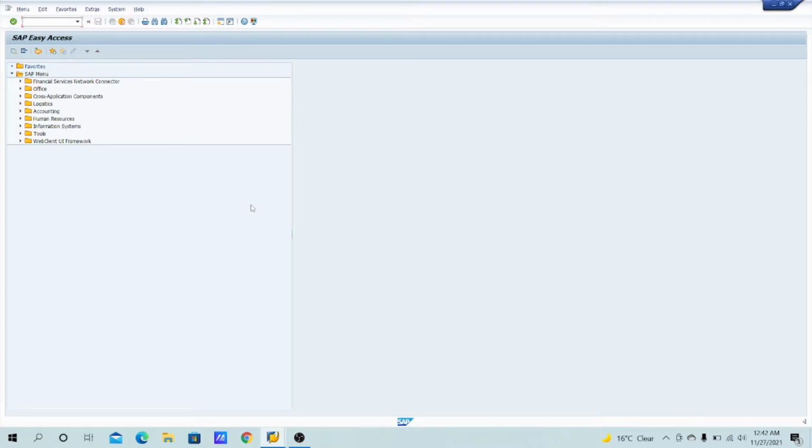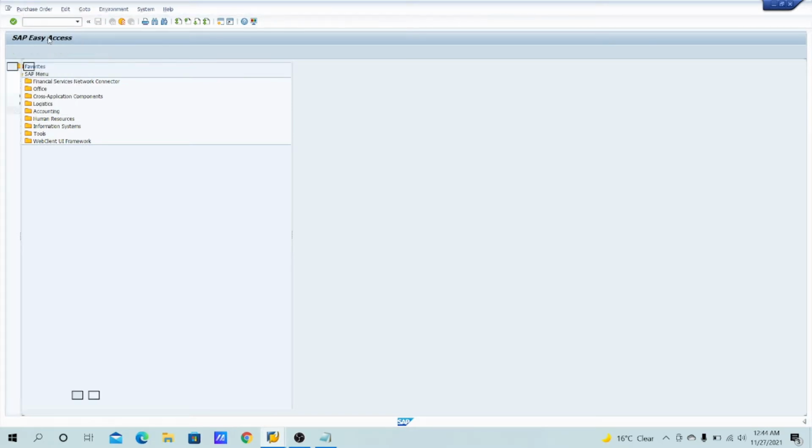Today we'll see one of the most important things for the support project, and it will also work in the implementation project. It is very essential, a requirement for customization or configuration at the time of a PO document, or when changes are required in the PO document. So today we'll learn how to make changes to the PO layout. First of all, let's start.